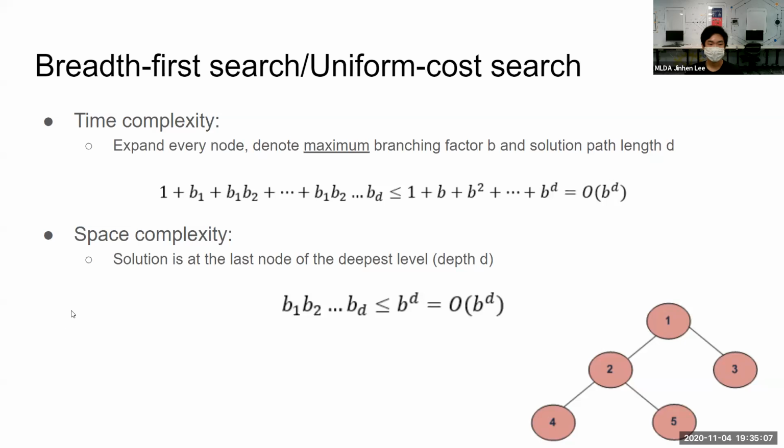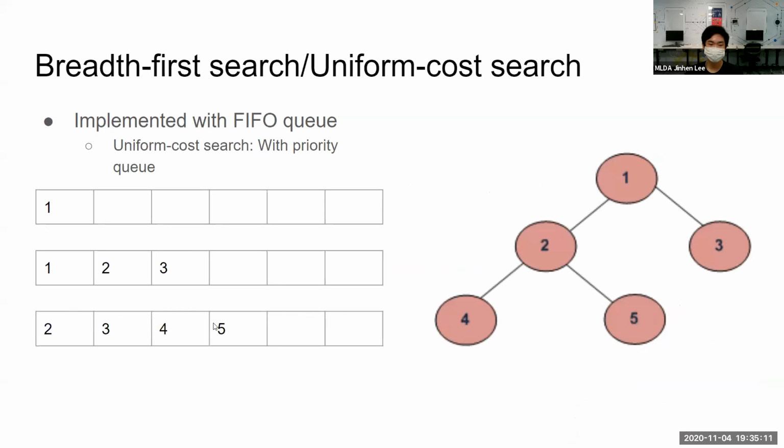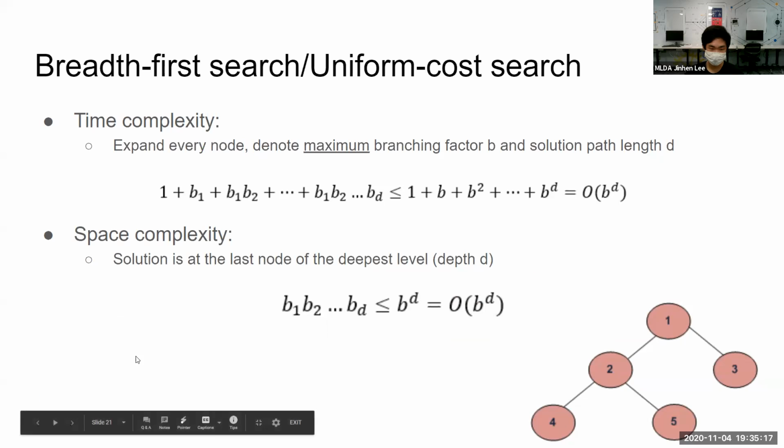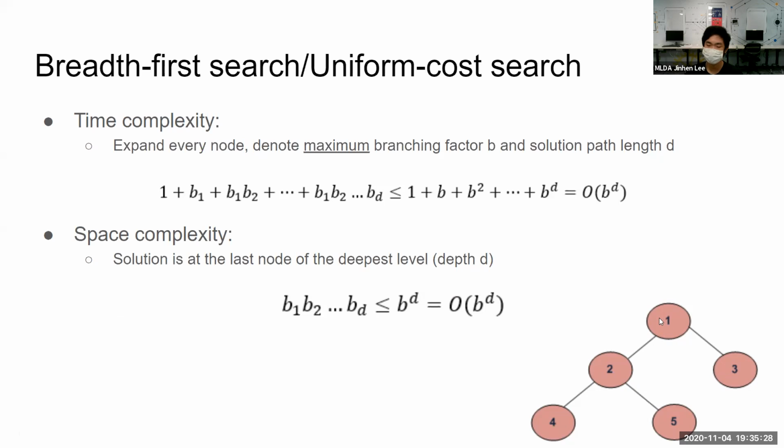So by the big O notation, you can say this is the big O of B to the power of D. And then the space complexity, remember that we just now talked about this queue. So the space complexity is the maximum number of nodes in the queue at any one time. So for our worst case, which is the node being at the last level, we have to store every node on the last level after we have queued all the nodes in the previous layer. So we have the number of nodes at the last layer, which is this, and it is also O of B to the power of D.